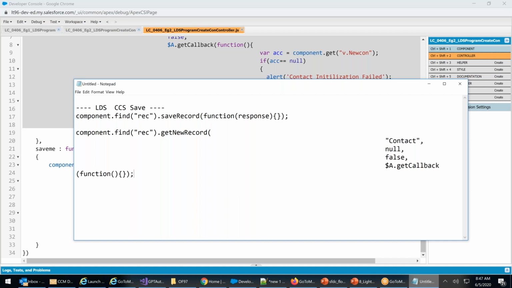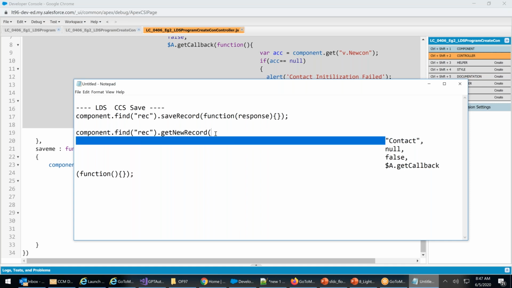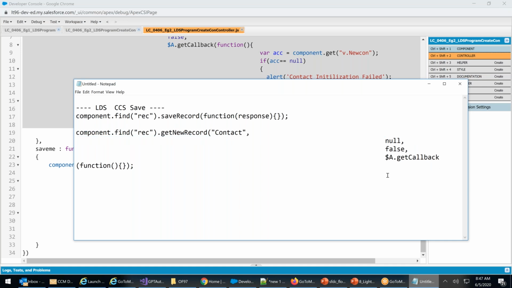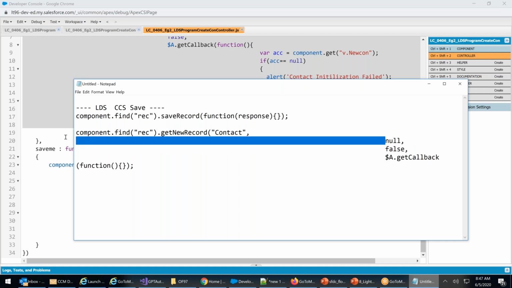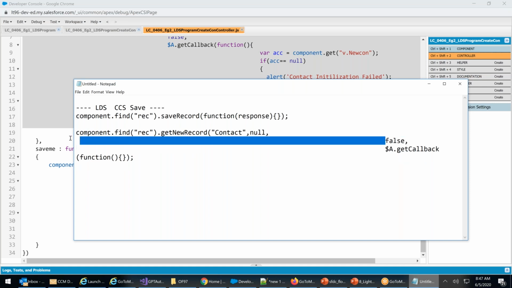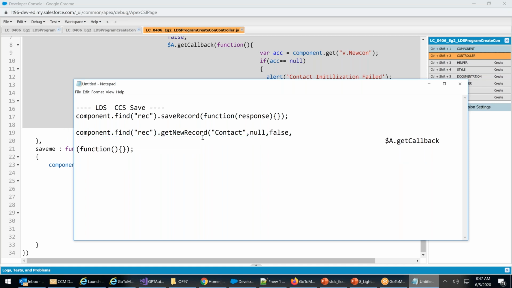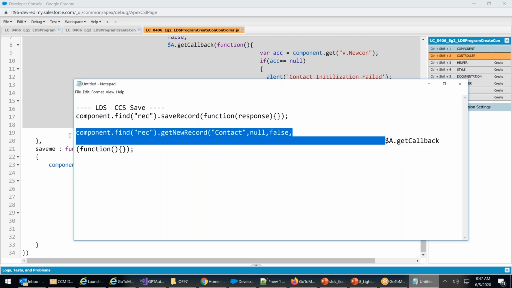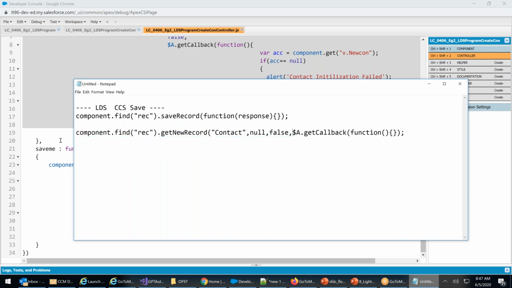I forgot a semicolon here. This is LDS new record initialization.